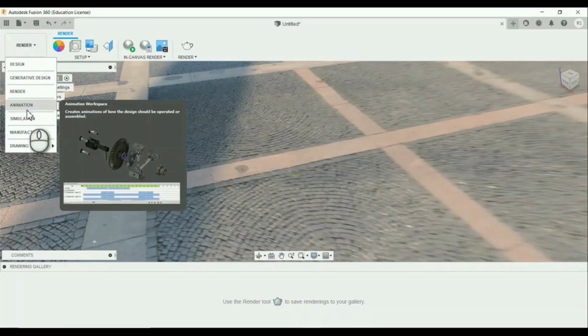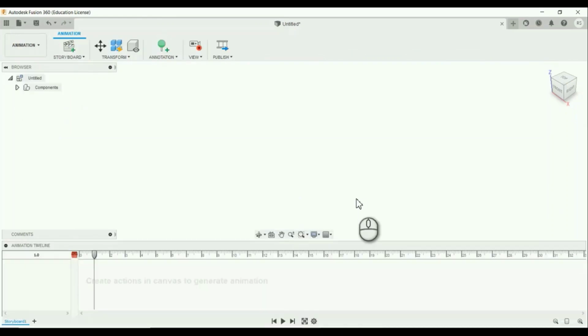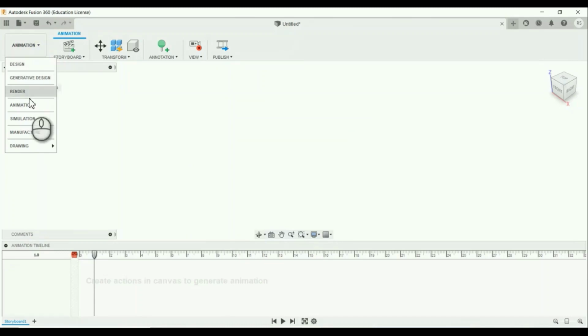After that, the next workspace is animation workspace. And in this workspace, you can create 3D exported views animation to show design assembly, and you also share animation with your clients to understand the design. And this is the timeline. After that, these are the tools available for animation workspace. After you animate it, click publish to download your video.